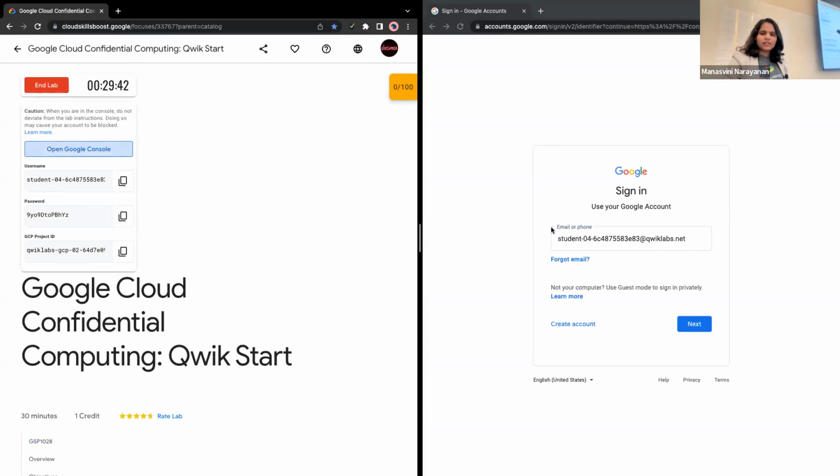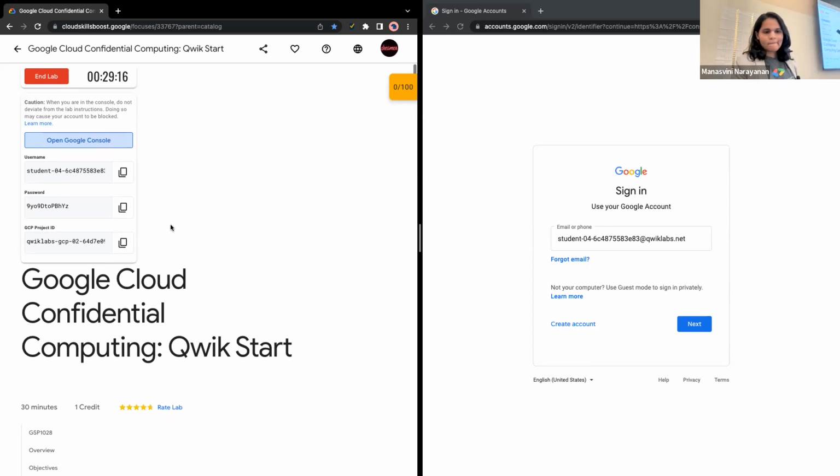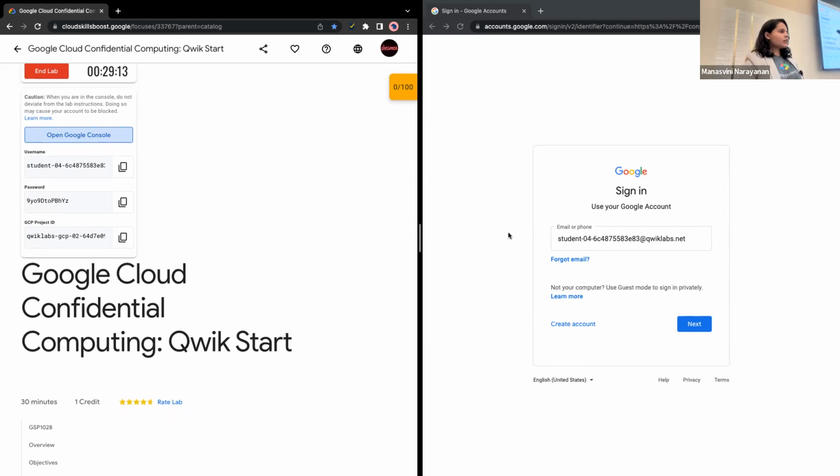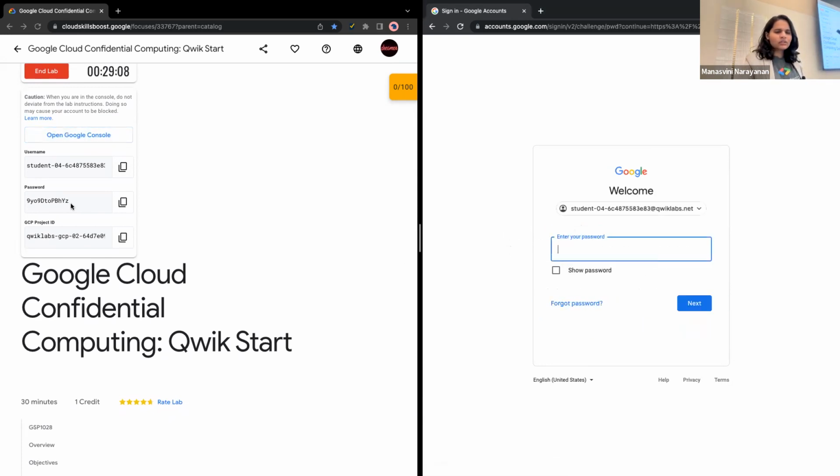Once I've done that, you should be able to see your student ID, which Google provides you, because it just gives you limited access for 30 minutes because you are working in the real cloud environment and not a simulation or any duplicate. It's the actual Google Cloud platform that you will be given access to for 30 minutes as we do this lab. If you have any questions, please raise your hand. If some of you have reached this step, you can go ahead and enter your password, which you have to copy from here and paste it.